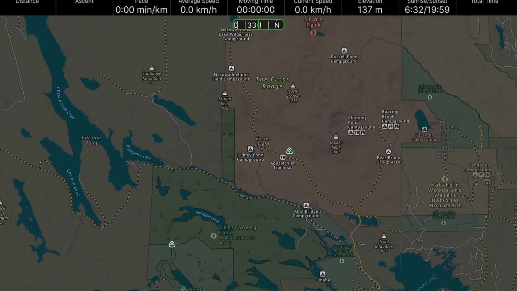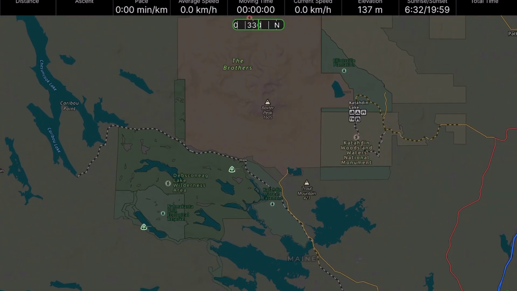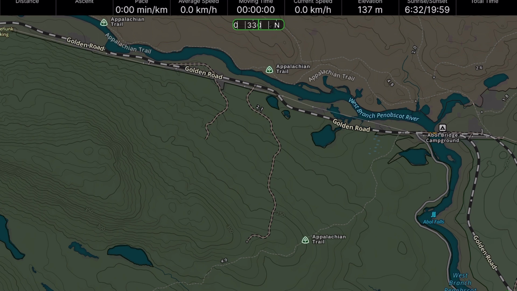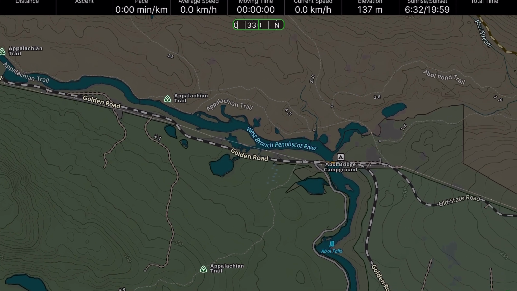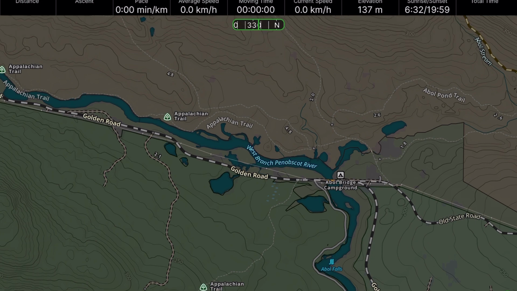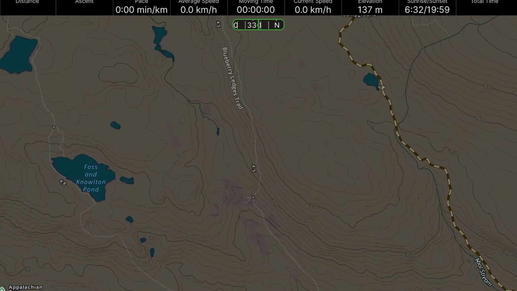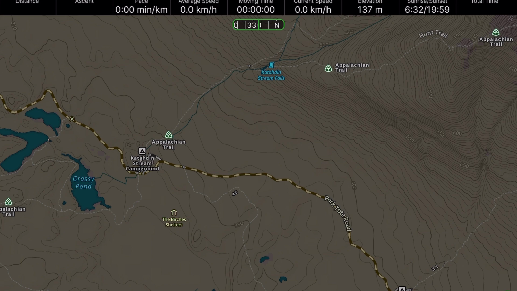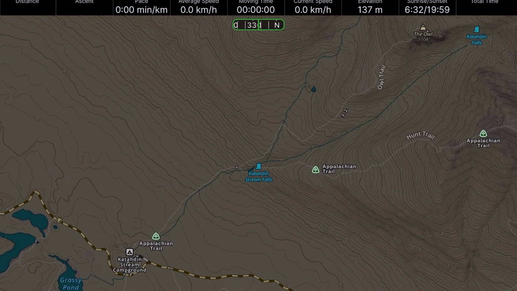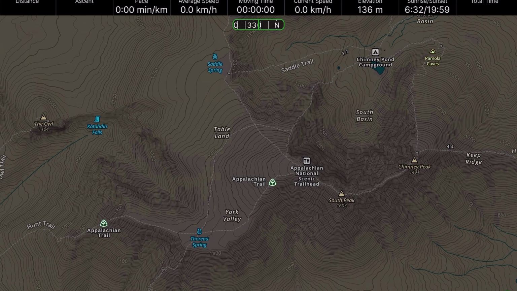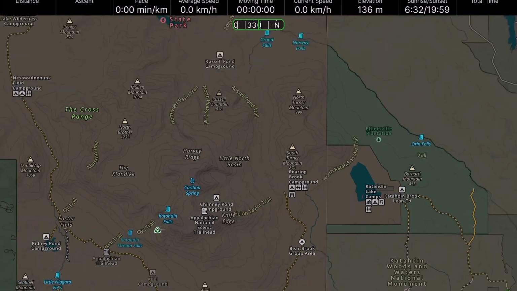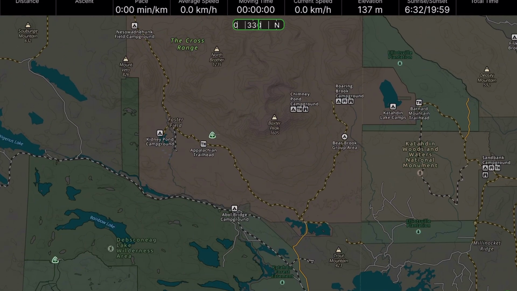You can see here in Baxter State Park, you can see all the different monument lands, public lands, state lands, and you can see again, take advantage of this high contrast road. You can see the Golden Road, which is designated as a gravel road. You're inside the national park, or Baxter Park, State Park, I should say. It's on a dirt road, and you can see the Appalachian Trail markers. You can see the campground. So, for overall planning, I think this map layer is pretty solid.